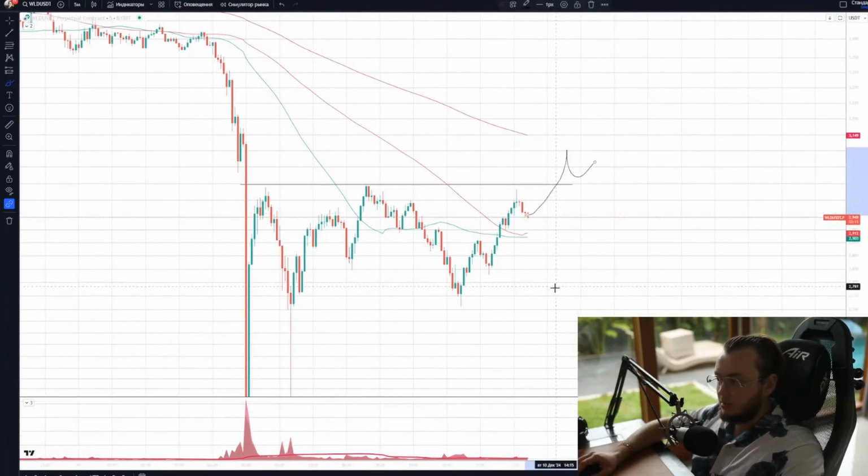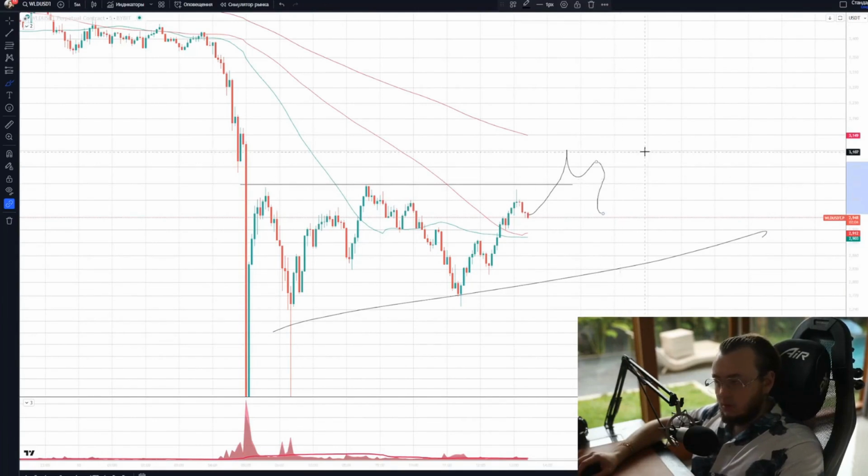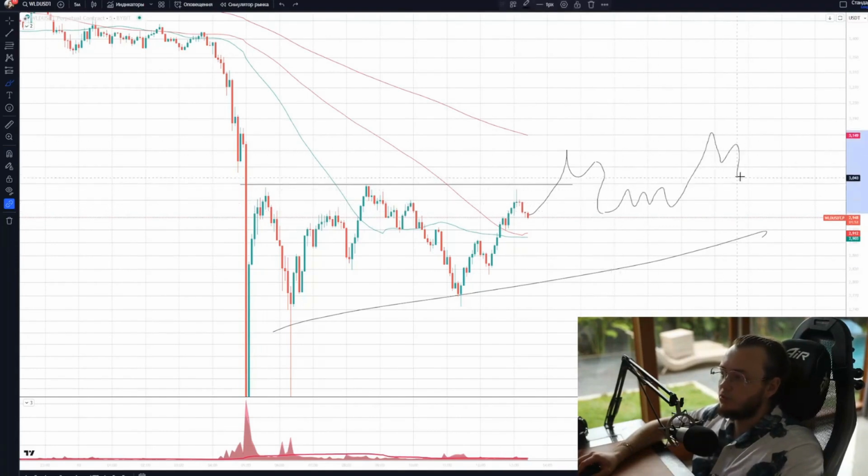So, in this case, where does the logic of entering end? So this is the bottom, for example, right? And the logic of entering ends where, first, it was either a false breakout, and you entered the breakout to profit from the further impulse. If it's a false breakout, that's it, I'm out. Or I can ride out a false breakout, well whatever, I'll wait it out, and maybe there will be a second false breakout, and on the third one, maybe it will really take off, I'll just wait for that.